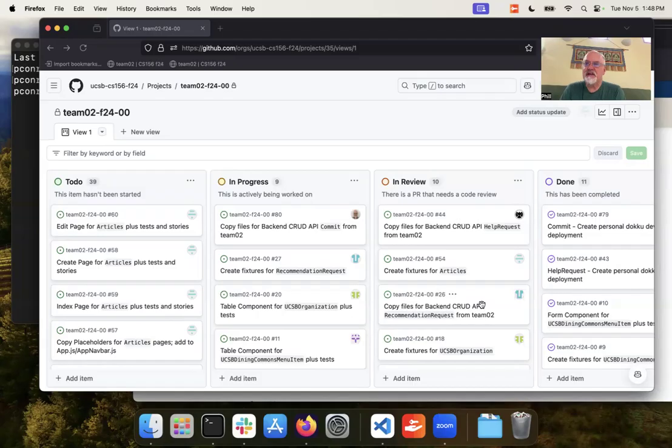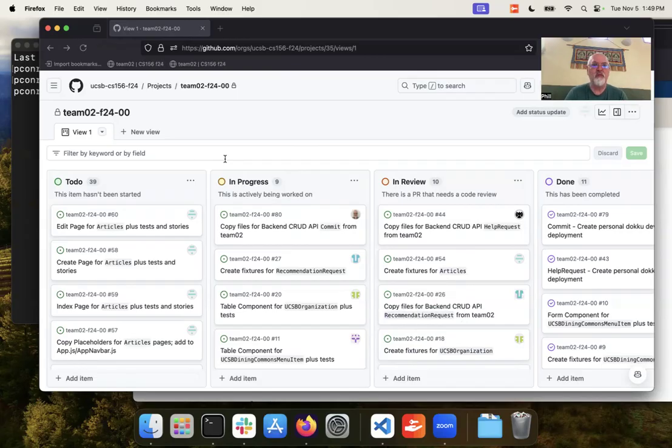This is the second in a series of videos about building the front end for our training project, where we are learning how to build the back end and front end of a Spring Boot React application that does CRUD operations, create, read, update, destroy, for a database table. So you're looking at the Kanban board. We've completed